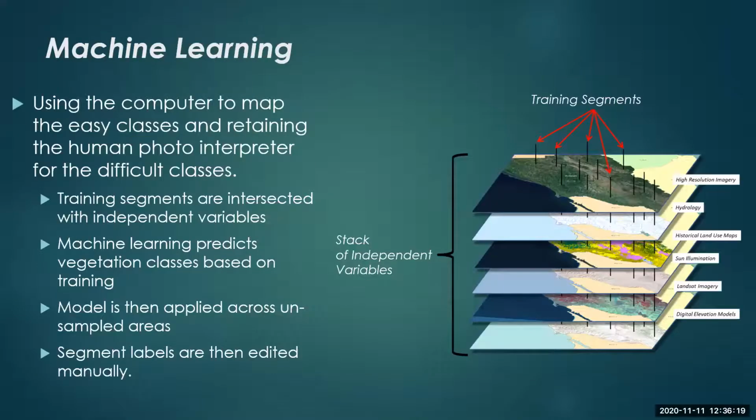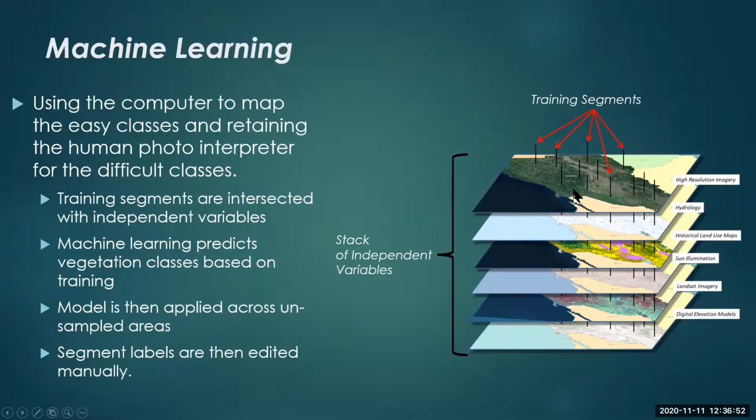So the next step is machine learning. And I know this is a buzzword, but it really does work. We've been doing machine learning for probably 20 years now. The algorithms get better and better. With machine learning, you're taking those samples that we had on the ground and you're dropping them through the imagery, but also through all of your ancillary data sets. We're using random forest most often now.